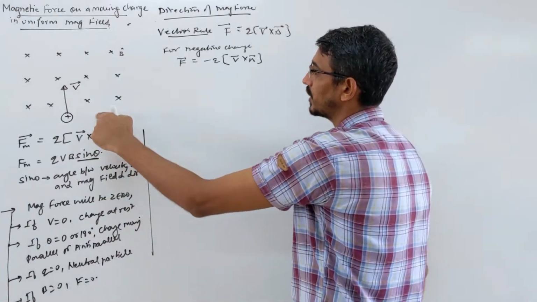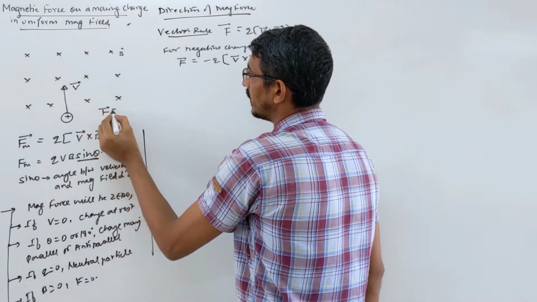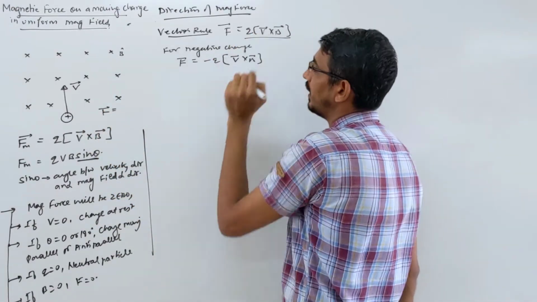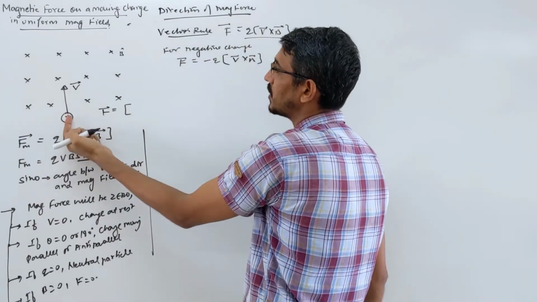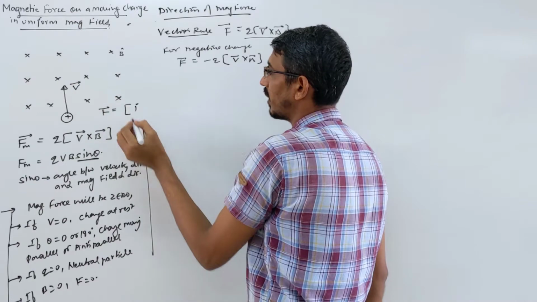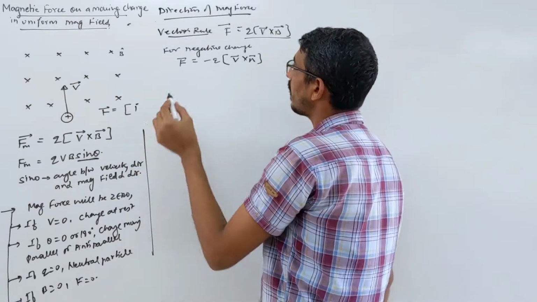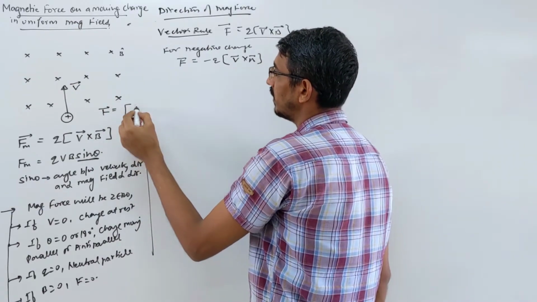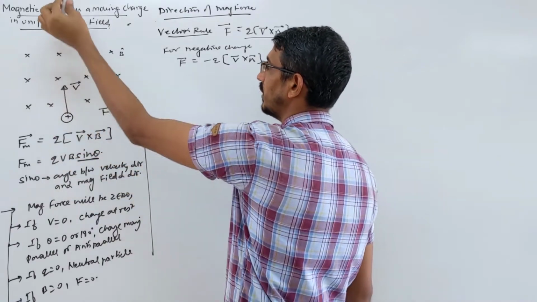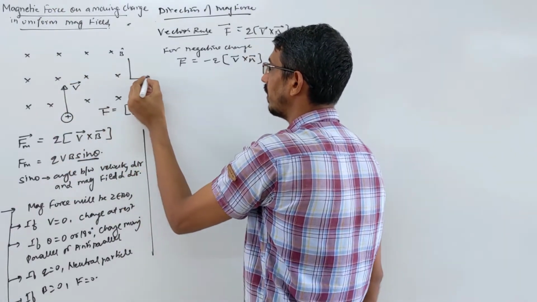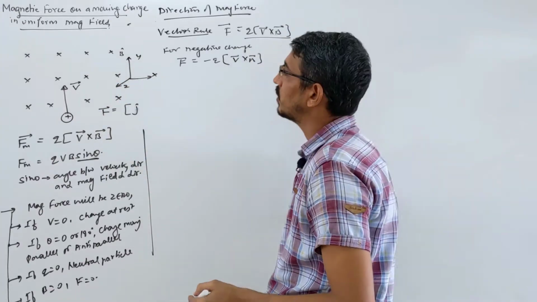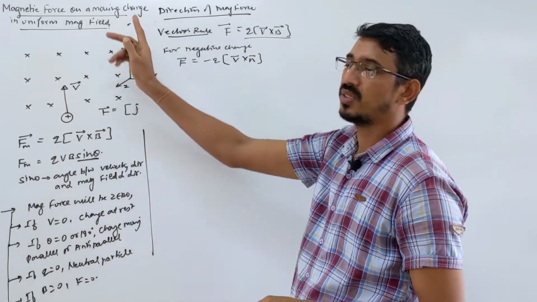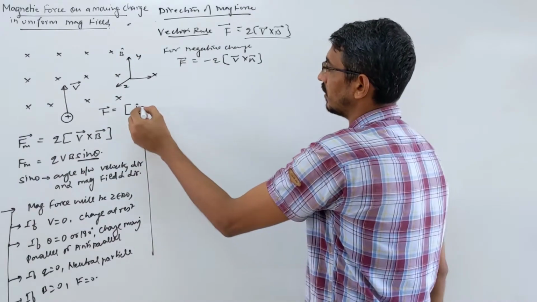So look here, for this case, F vector is equal to, this formula I am writing, Q is a positive charge, no problem, just write V. What is velocity direction? Straight upward. Upward is called what? I direction, right? Sorry, I wrote opposite, J direction, okay? Straight moving upward, J direction. I can write here coordinate X, Y and what? Z, correct? So particle is moving straight upward, means in Y direction, that's why I wrote J cross.